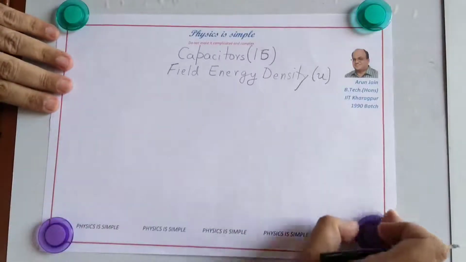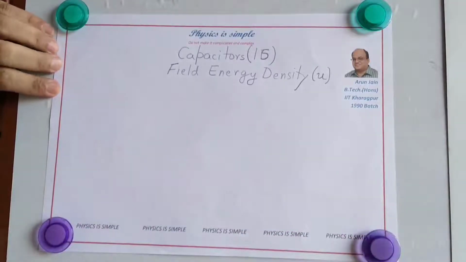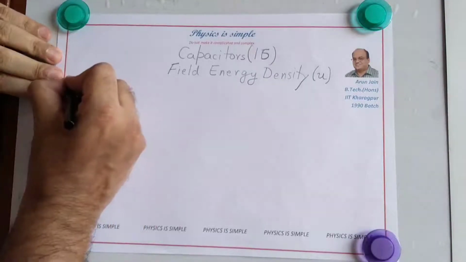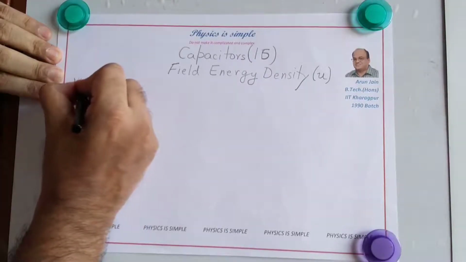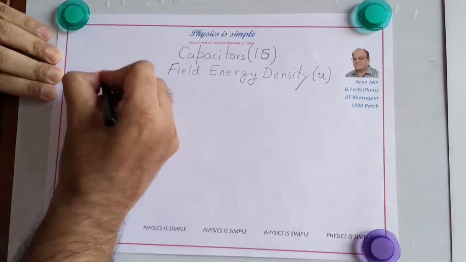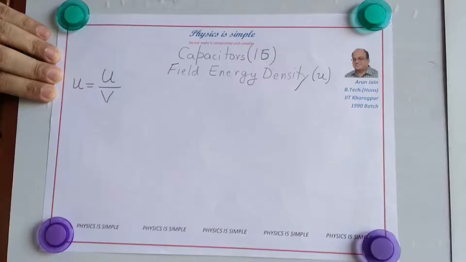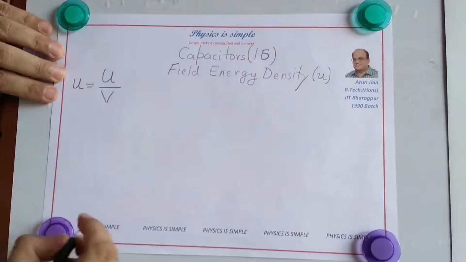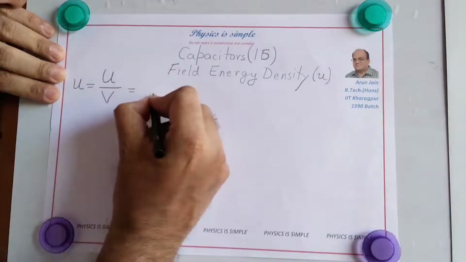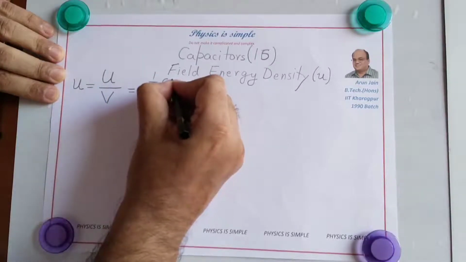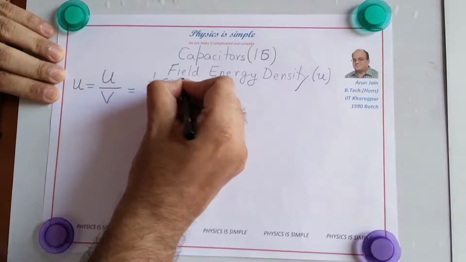In this lesson, we are going to learn about field energy density. Field energy density, small u, is defined as potential energy per unit volume. We have seen that the energy stored in a capacitor is given by half CV squared, where V is voltage,